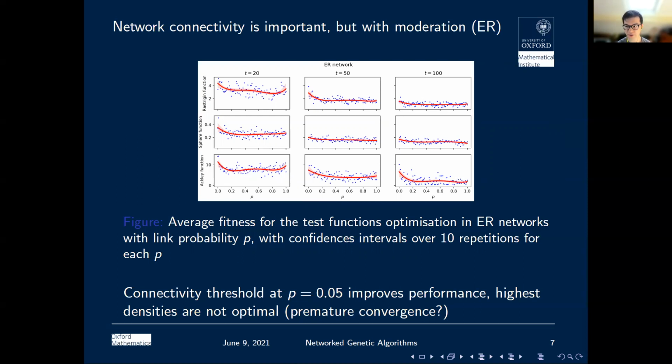To me, I can interpret this finding as being that highest densities may not be optimal, especially for the Ackley function and the Rastrigin function, because of the number of local optima. Essentially, if your network is too well connected, it's much easier to have premature convergence or to just fall into a local optimum. While if you have some degree of disconnectivity in the network, some more independence, and if the transmission through crossover is a bit slowed down, it may give you more time and flexibility to find these global minima among all these different local optima.